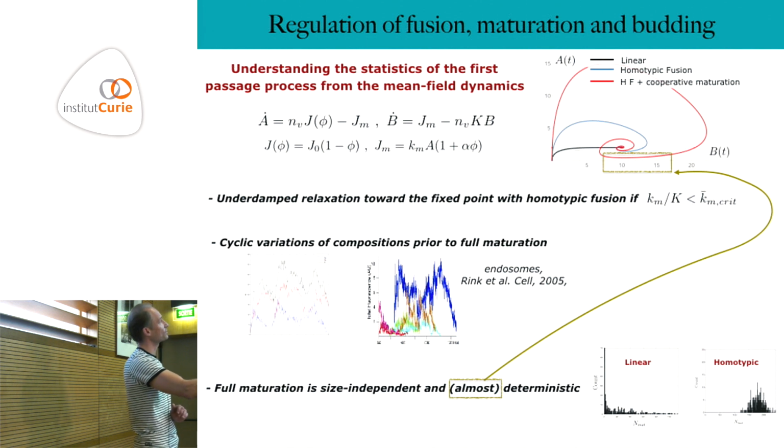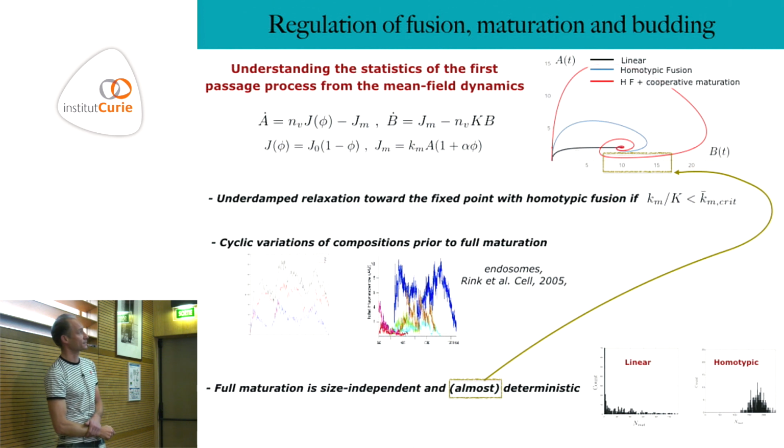So now if you look at the trajectory in the phase space, there is still a steady state, but you've got trajectories that are underdamped oscillations. So the composition of the compartment first increases very much in A, but then A starts undergoing maturation. So this decreases A, and this also decreases the influx and increases B. But then at some point B is very large, so the export will be large, and that decreases B, and so the influx will start again, and that leads to some sort of